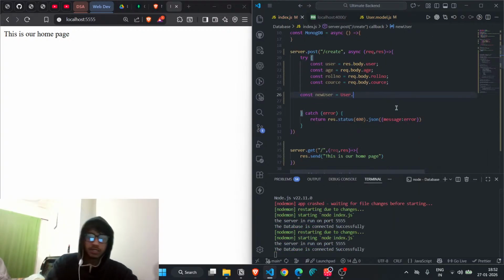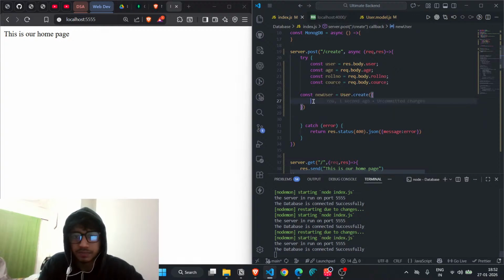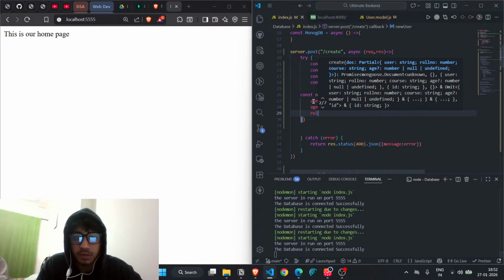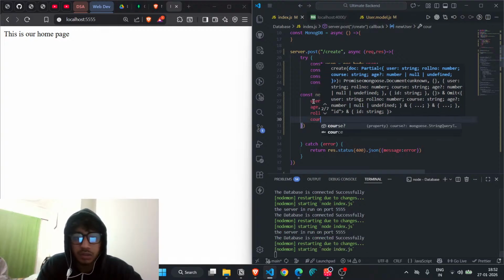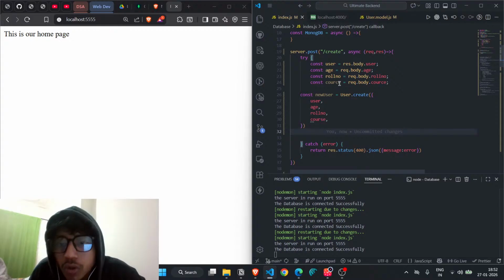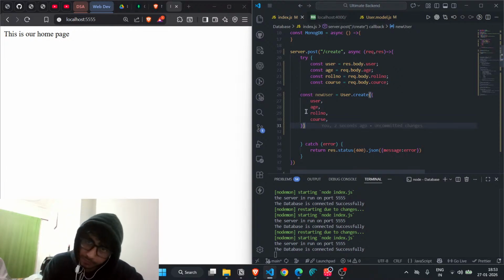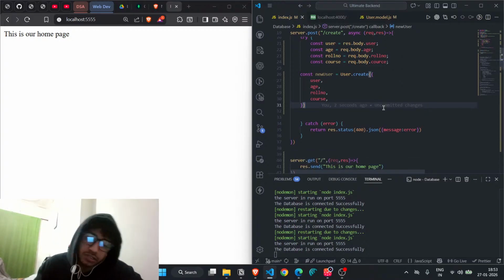User dot create, and in the create we just write this: user, age, roll number, and course. जो भी डेटा हमें इस रूट पे आएगा इट विल बी स्टोर्ड टू द यूजर डॉट क्रिएट मॉडल, ऑन स्कीमा पे. ठीक है,